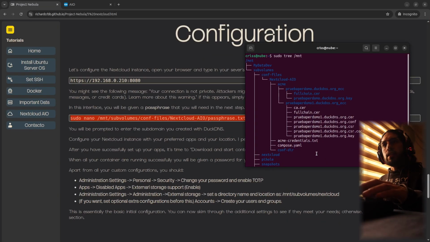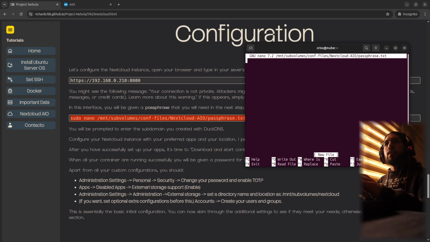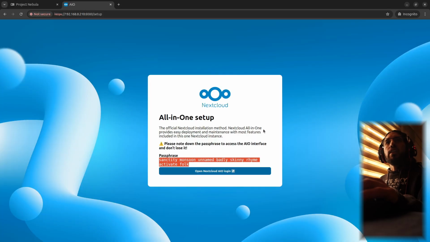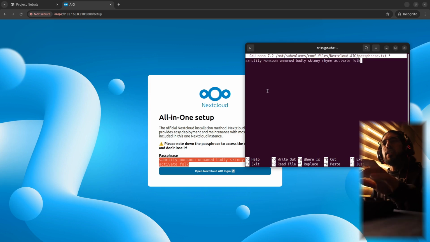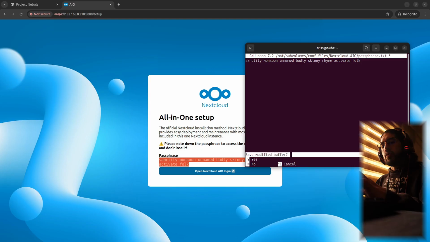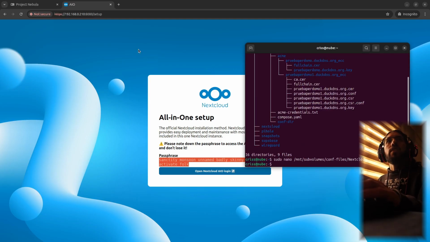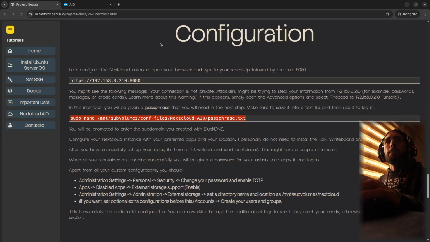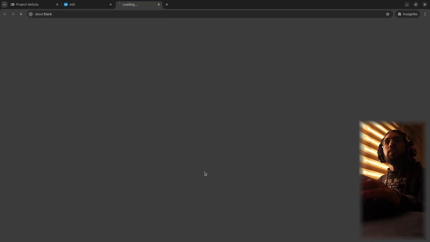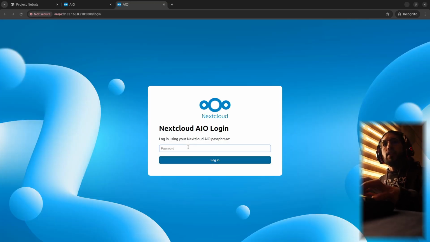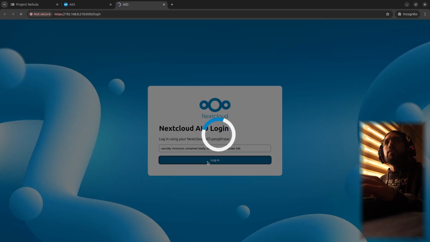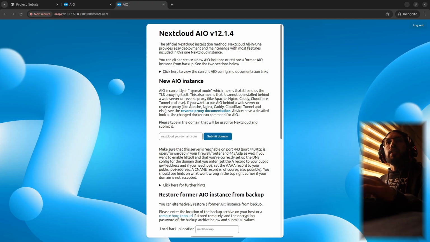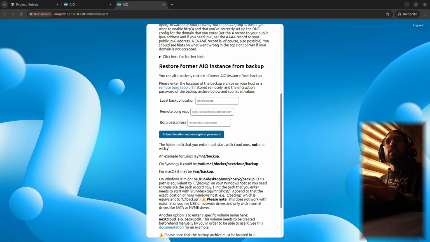So you go like this, and you create this file, and you're gonna copy this, and you're gonna store it in here, and Control X, Y, and enter. And now you saved the file, and you will need that in the next step. So you go ahead and you paste the same information, the same password or passphrase, and in here it says